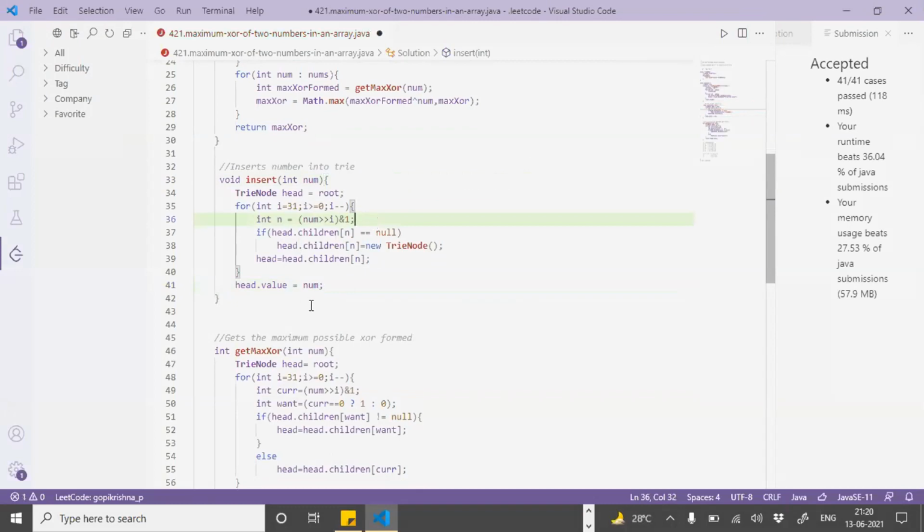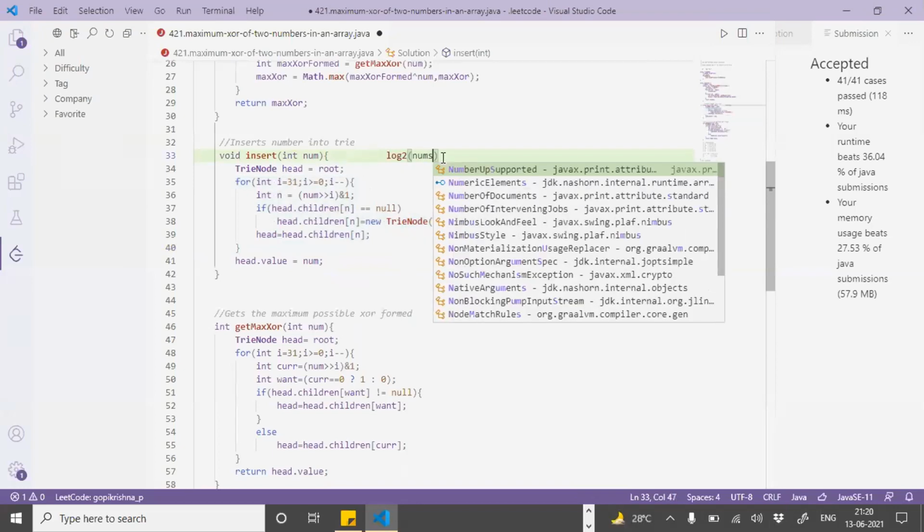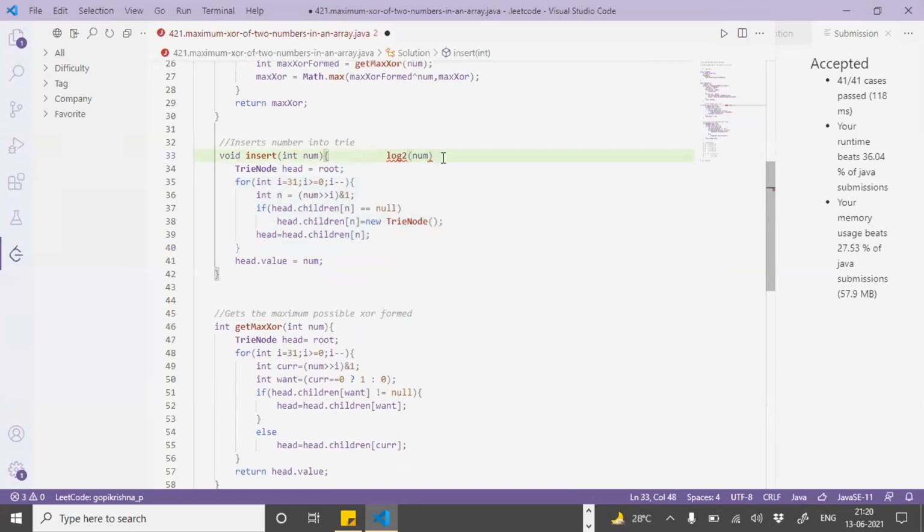Yes, we can move. Okay, so can anyone guess what is the time complexity for this method? It would be O of 32. Yeah, it is O of 31, or 32 basically, because we iterate 31 times, which is constant time. Correct. Or we can say it as log 2 of the number, whatever number. So basically that gives the number of bits.